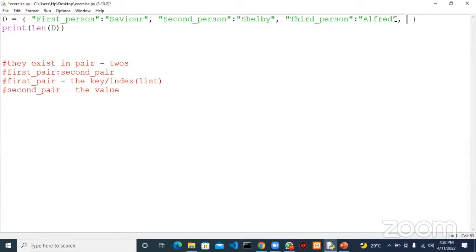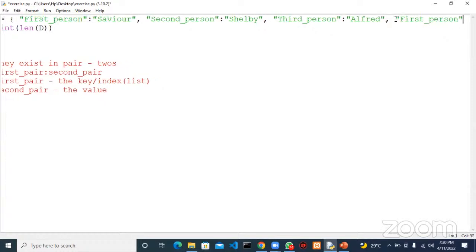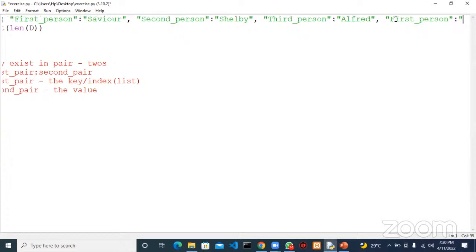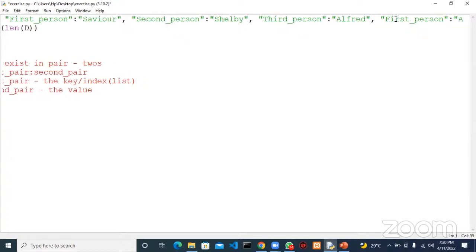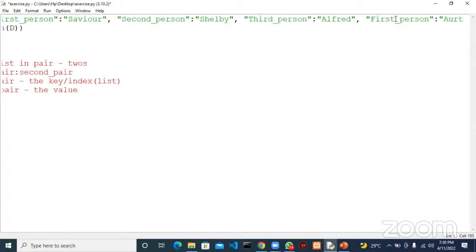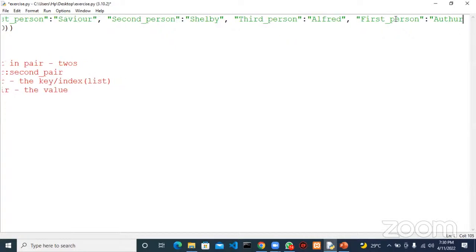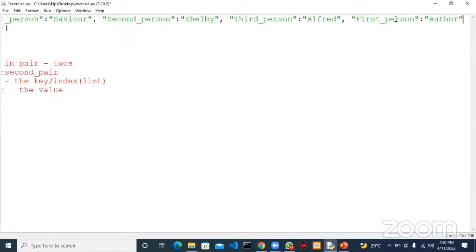So now we have a first name there, and then we come here and have another first name. Sorry, another first person, but this person has a different key. So let's say for this key, we have Ada, or probably author. Let's stick with author. Okay, author. So now, what happens here is